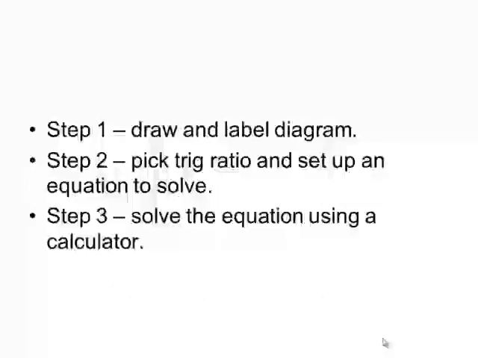Our strategy is always going to be step 1, draw and label a diagram or picture. For a couple of your homework questions, they will give you a picture, but for most of them, you will need to read the question and draw a picture. Your picture will always have a right triangle in it, because that's how we do trig, with right triangles. Then step 2 is, based on what we know and want to know, choose the trig ratio to use. So are we going to use a sine, a cosine, or a tangent? All of them are fair game. And then step 3, solve it using a calculator the way that we've been practicing the past couple days. So for this question,